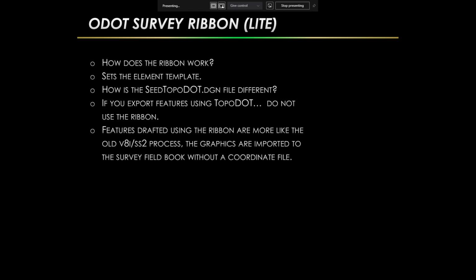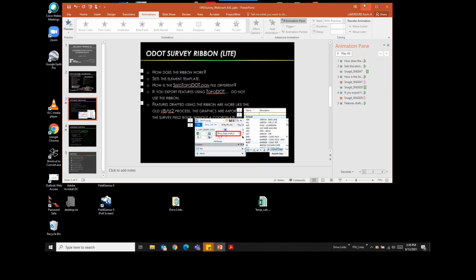But in this case, in ORD, we want all of those features to be in the survey field book because we are going to generate the terrain from the survey field book. So to demonstrate this,